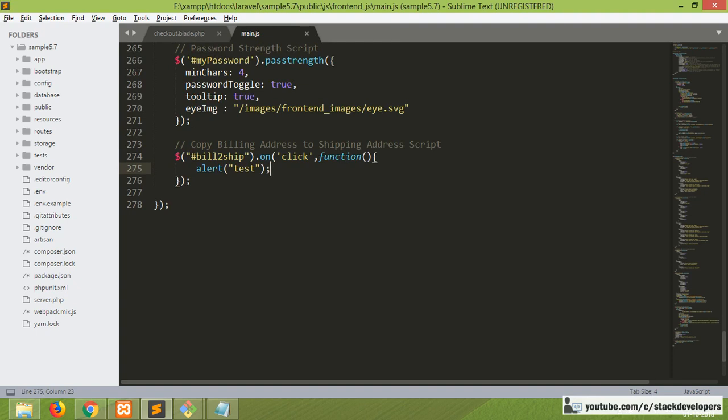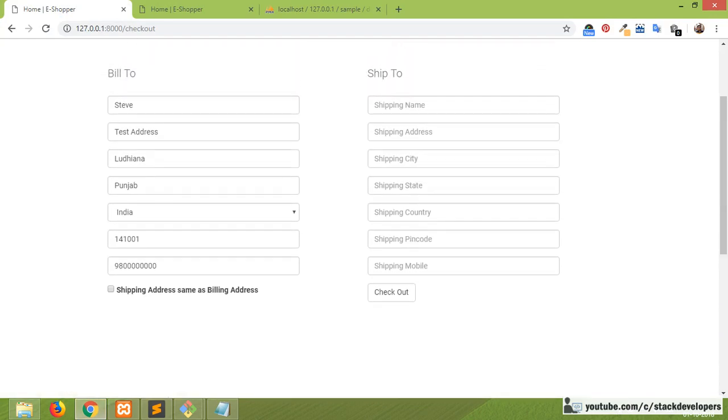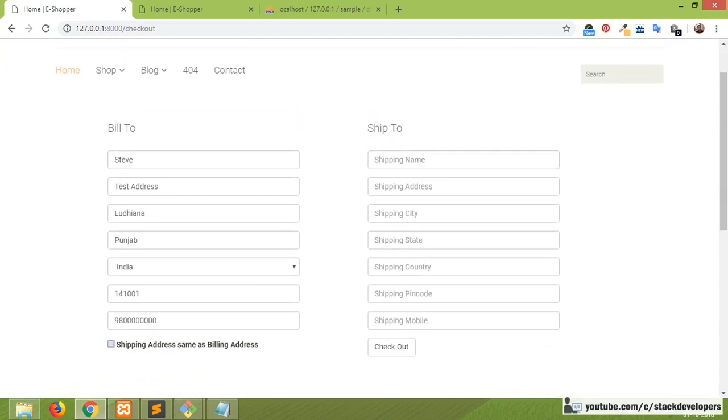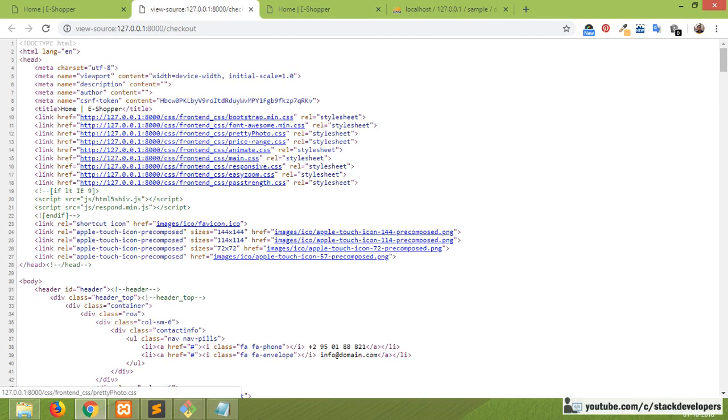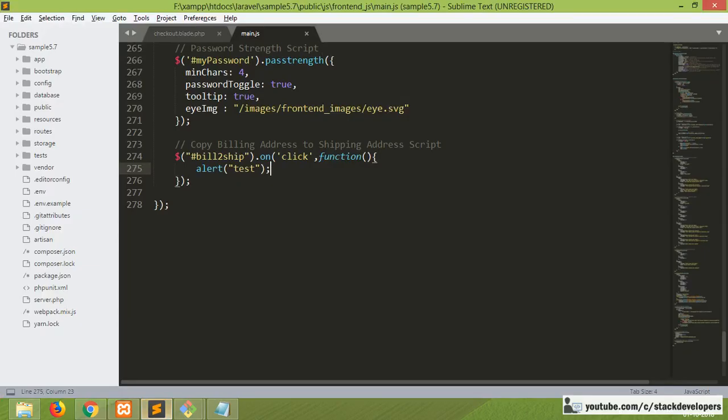Okay, so we need to see what the issue is here. We can check in Control U whether jQuery is there or not. jQuery is there. jQuery validate. All the jQuery is here, but